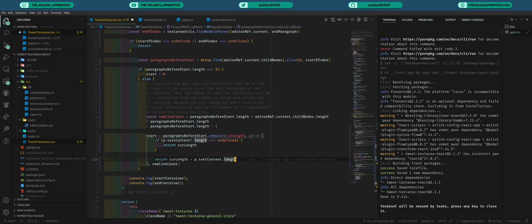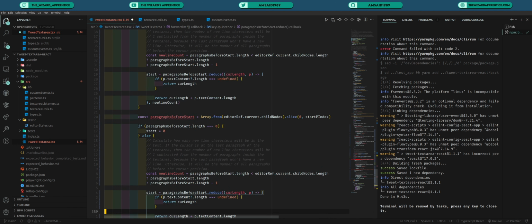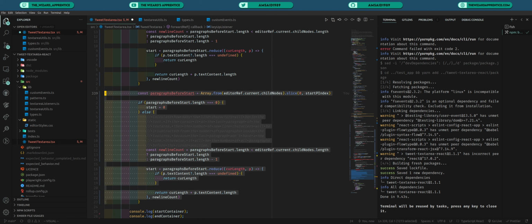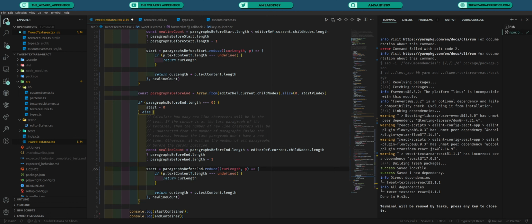Yeah, all of that is fine. It is the same. We don't need to change anything with it. And again, once we convert this into a function, this will be much shorter, but for now, let's just keep going. Again, paragraphs before start should be paragraphs before end, and 16